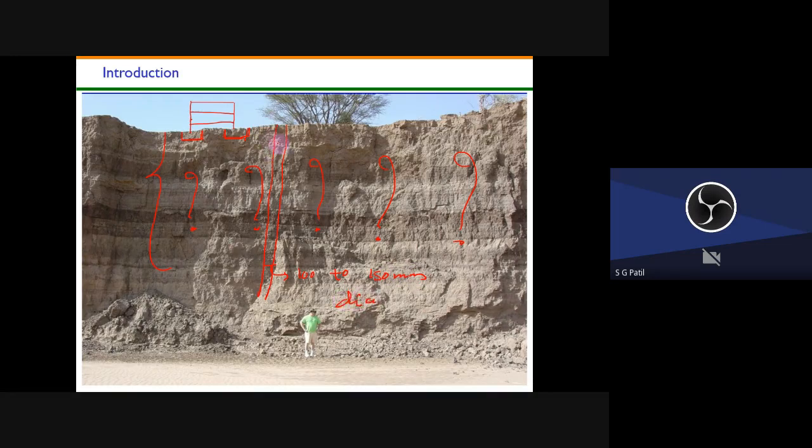You drill a borehole and then at different depths you collect the soil sample. Then I know the type of soil, and based on that I can design my foundation. So this is also a kind of big picture only. Understood? Any doubt till now?